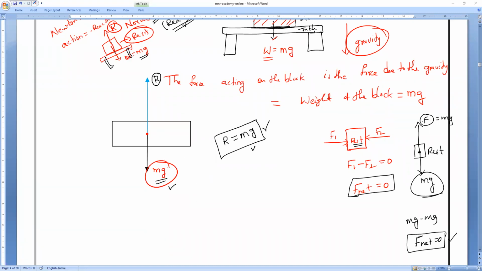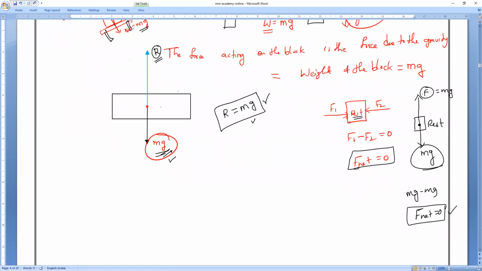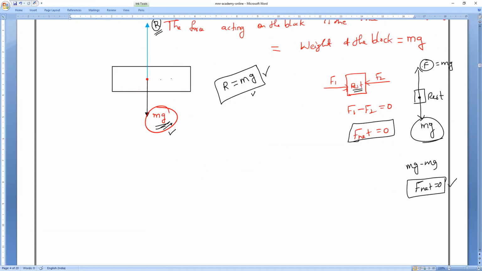Okay. So remember, the weight exerted by the block on the table is mg. Then the bench is exerting the same equal amount of force on the block in the opposite direction. That is what we call normal, or reaction. Is it okay, guys? Everybody understood or not? So R is equal to how much? The body is said to be at rest. R is equal to mg. So F net is equal to what? Net resultant force is equal to how much? Zero. That is what you have to remember.